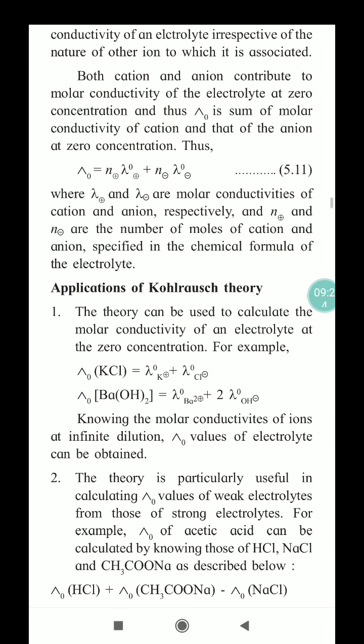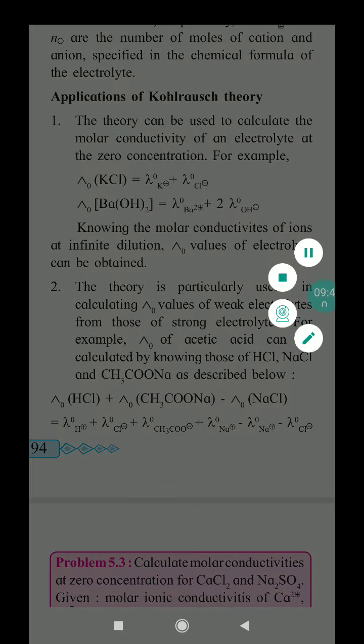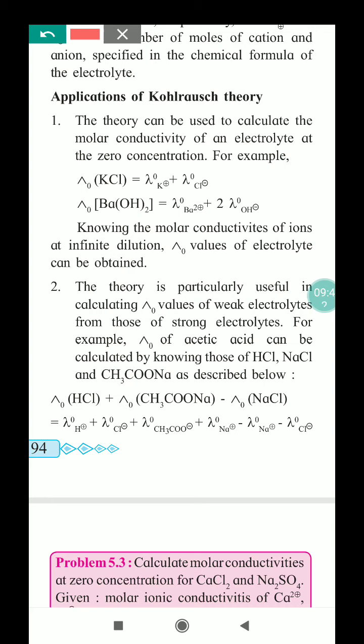For example, here we have to calculate the molar conductivity of acetic acid from HCl, sodium acetate and NaCl. In these three substances, we have the acetate ion and the hydrogen ion, and now Cl and sodium are unwanted, and that's why NaCl is